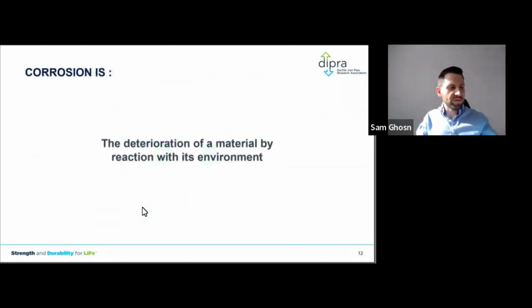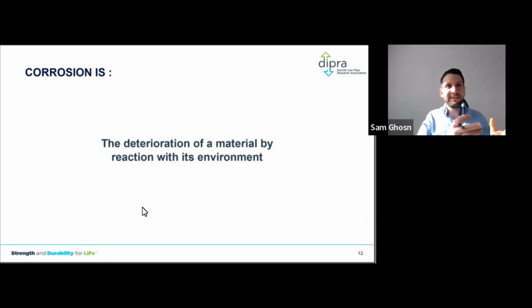So when it comes to corrosion, folks, we always think about what is corrosion? And it is actually the cancer of metals in the ground. And when I say cancer, it happens over 30, 40, 50 years, and you may not know about it until it's too late. So today we do preventive maintenance and we do preventive measures. We eat well, we have a healthy lifestyle, and we prevent cancer. And we do the same thing with pipe these days. We treat corrosion from day one by doing proper corrosion control measures, following a design decision model that I will discuss in the last few slides of this presentation.